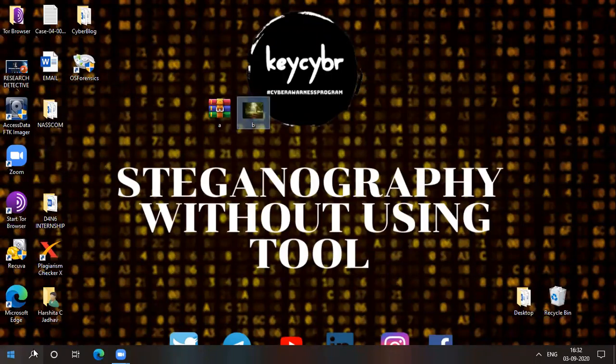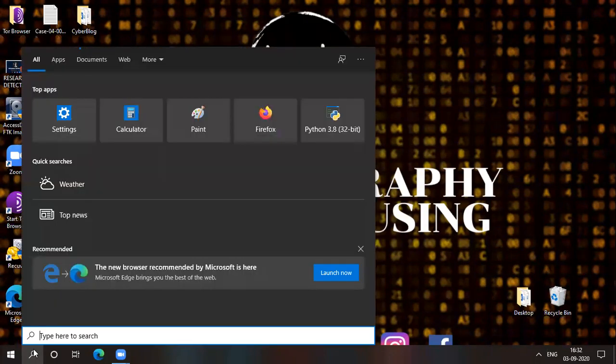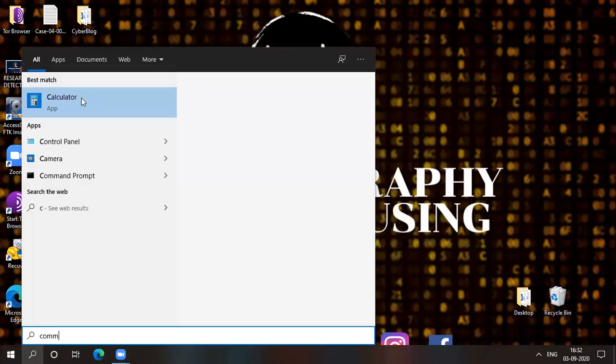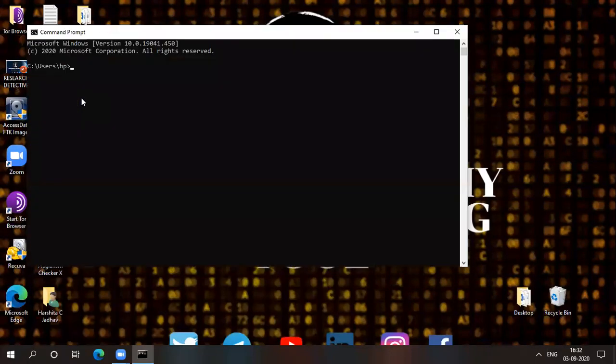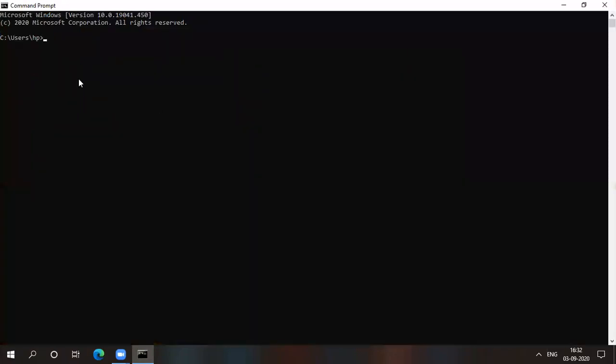So now we need to open command prompt. Okay, so here it is in HP, so you need to change directory with cd desktop, because both our image and rar file are on desktop. Okay, so change directory to the desktop. Next we are going to write the command, that is